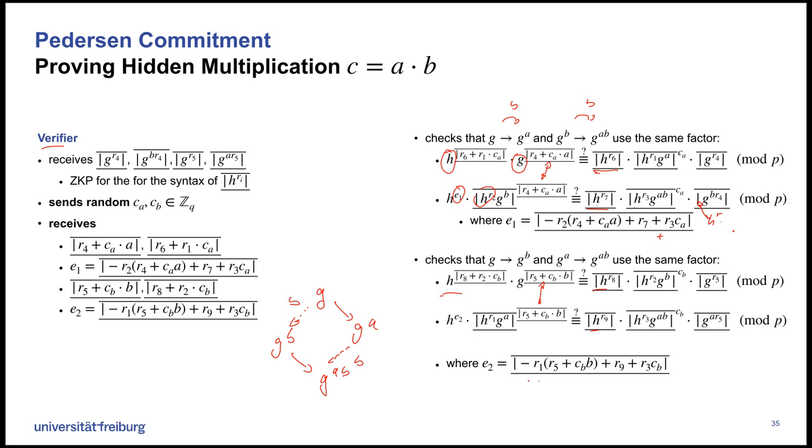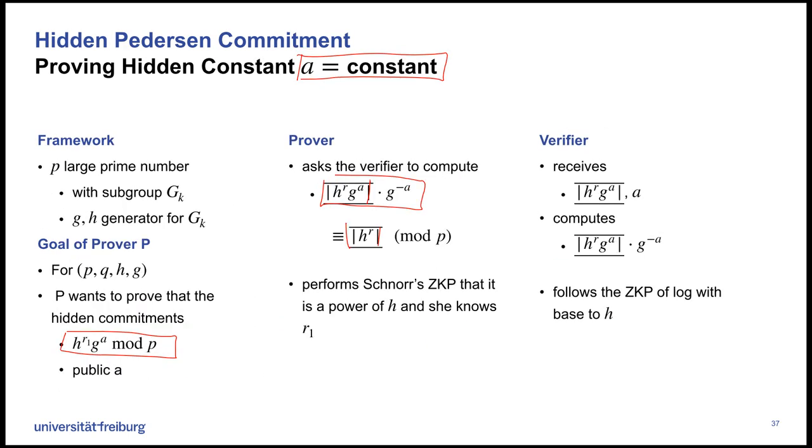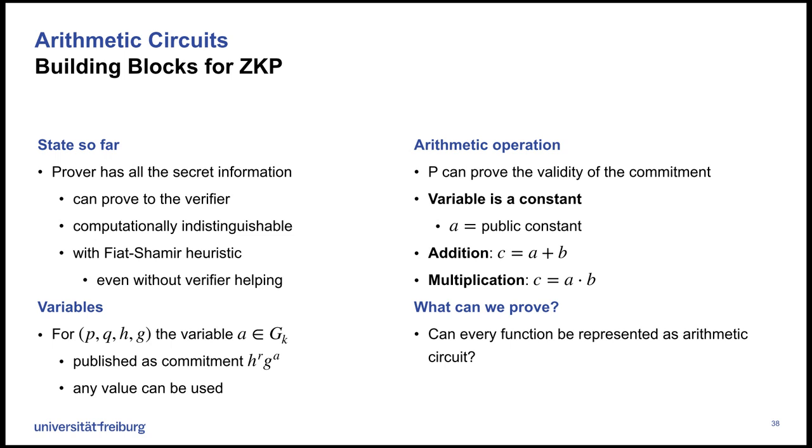Okay. Now, if you have done all of this, we can use the following operations. We can choose that a variable is a constant, we can do addition, and we can do multiplication. So these are kind of operations. If you think as a computer scientist,